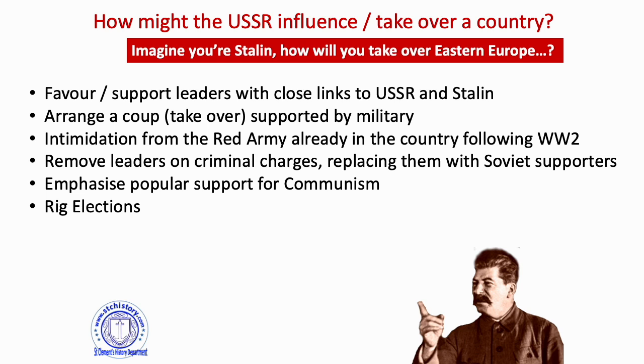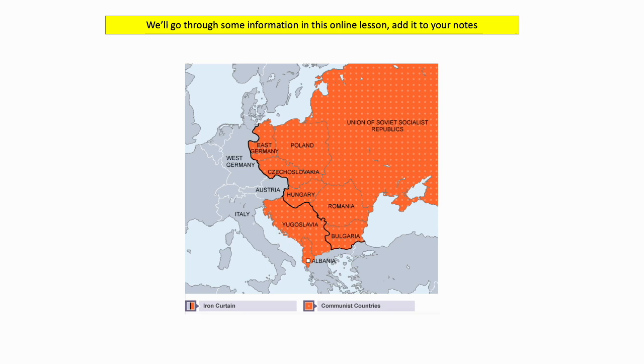Okay, so with that in mind, and everything else we've talked about so far in the first 10 minutes of this lesson, let's slowly start working our way through these countries, okay? So you can, if you want, just write the lists of the countries and then write what we talk about or how they fall or how they become communist. If you've got a little map, you can annotate around the map. If you're watching this because you missed the lesson, then there'll be a Google Doc in your Google Classroom that will have this picture that you can then annotate around if you want to.